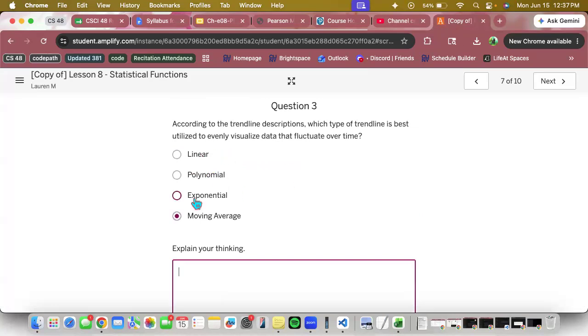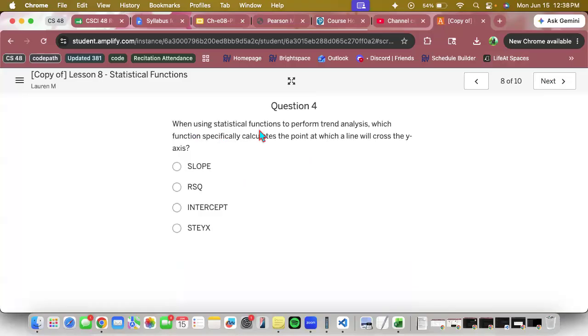That had a pretty good trend line. Maybe it would be something more polynomial. Maybe you have like a parabola going on. Exponential, it's increasing exponentially. But for things that fluctuate a lot, moving average will ensure that it gets all of those peaks and valleys. All right, when using statistical functions to perform trend analysis, which function specifically calculates the point